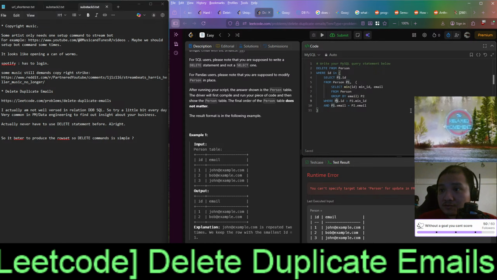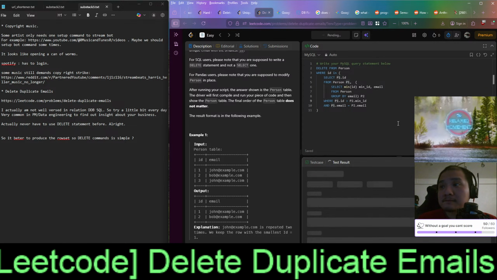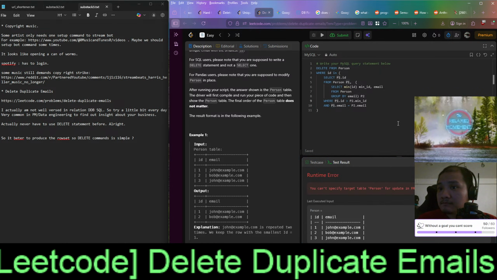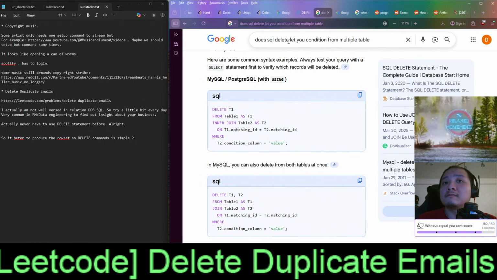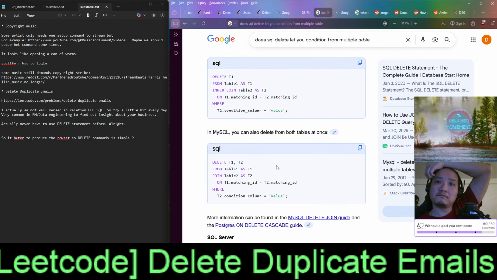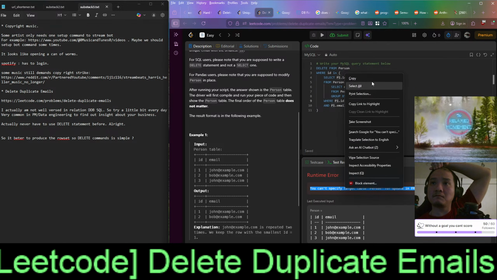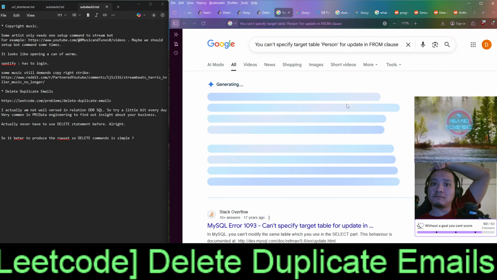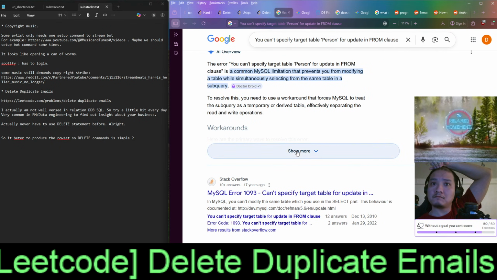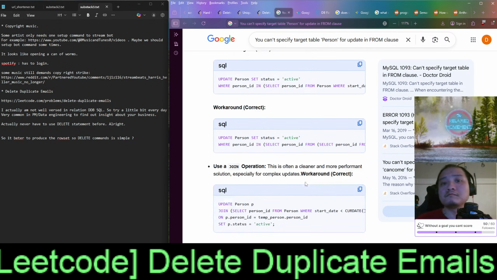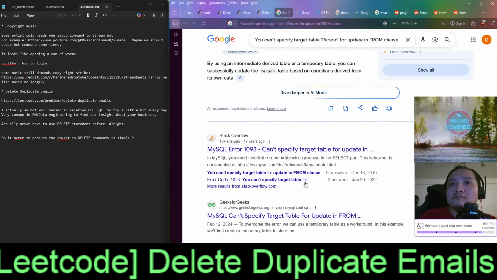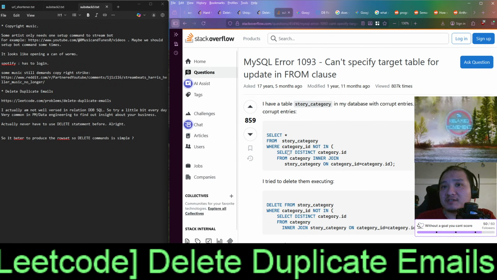What does this say? Which line is wrong? What does this error even mean?